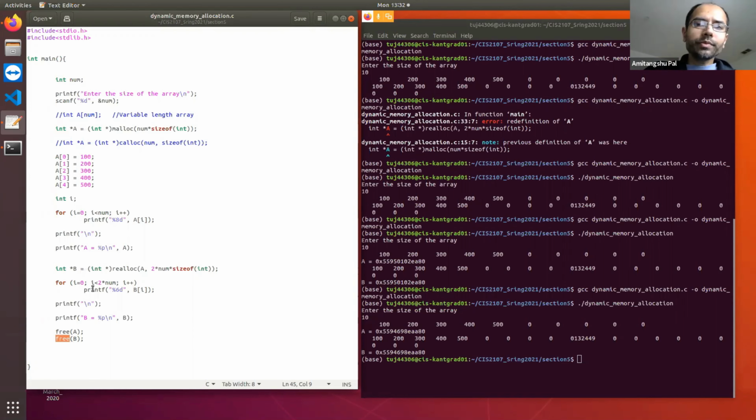So let's again compare with the array, especially variable length array. As compared to the static array, dynamic memory allocation is more flexible because you can allocate memory dynamically. As compared to the variable length array, one of the problems is that the variable length array is not supported in all the compilers, and in the variable length array you cannot reallocate.